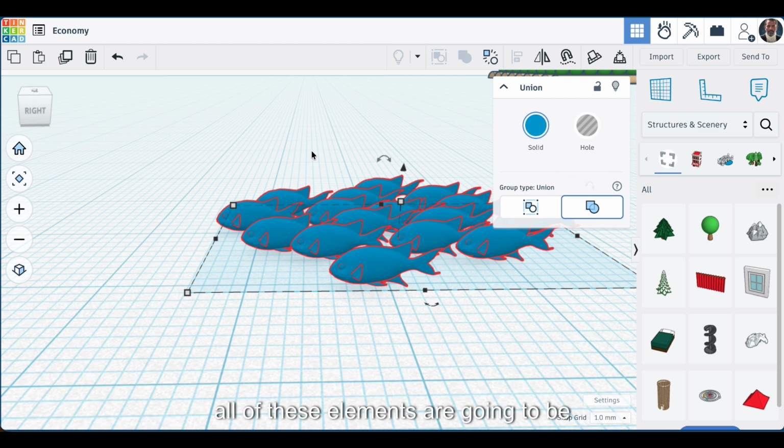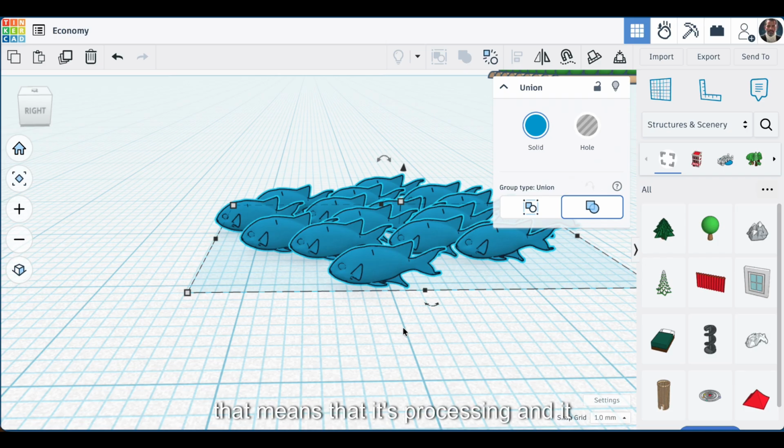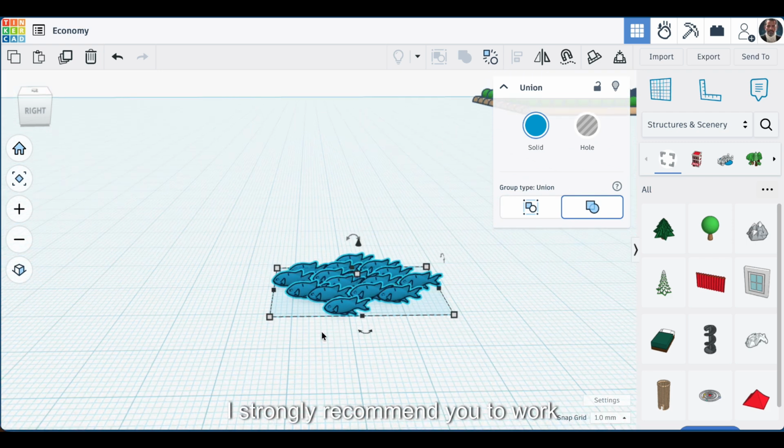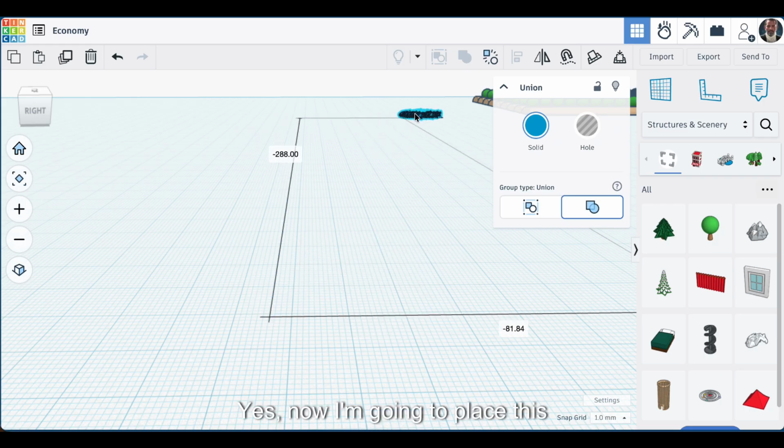all of these elements are going to be added to our original project, but not now, because as you can see right now, my models are surrounded by a red line. That means that it's processing and it takes time, and as long as we add more and more elements, the work is going to get heavier, and that's not going to be good. So I strongly recommend you to work all the elements separately. Yes. Now I'm going to place this over here,